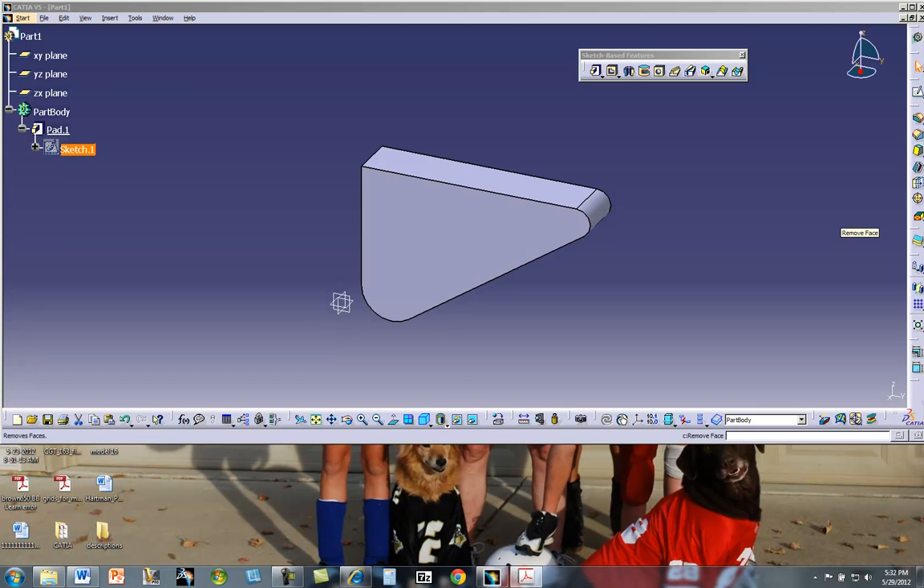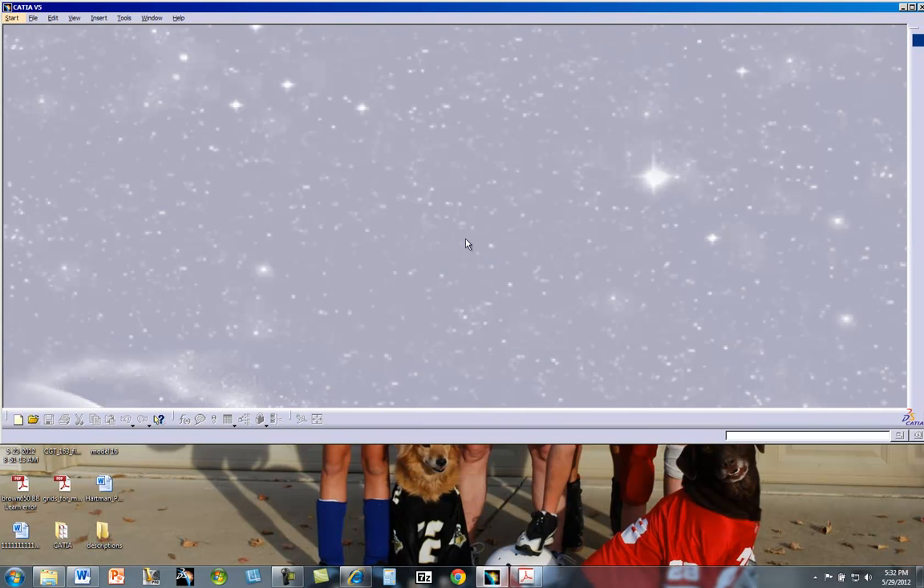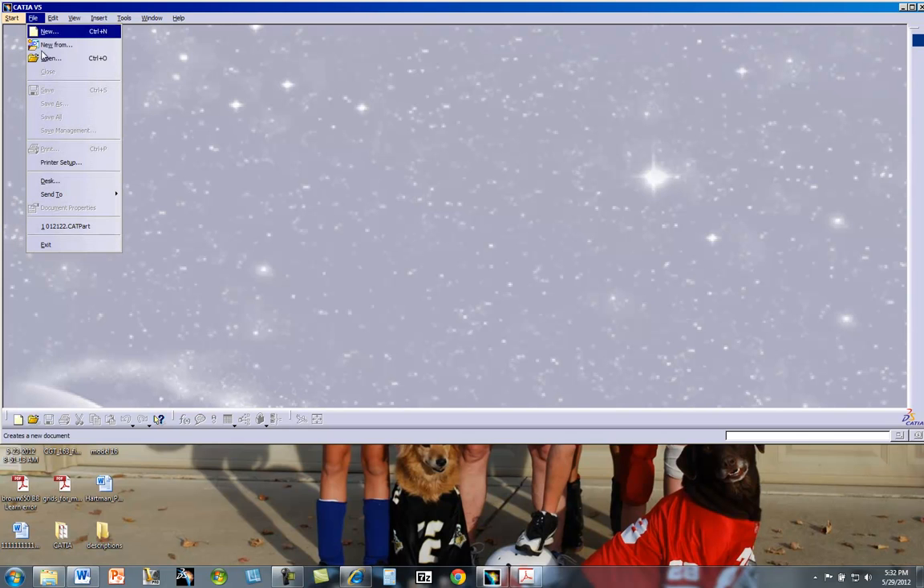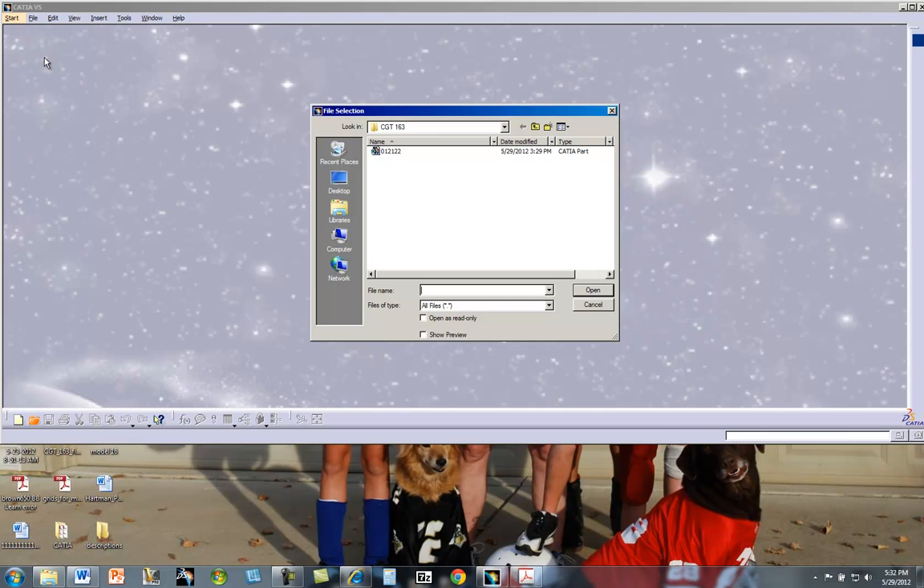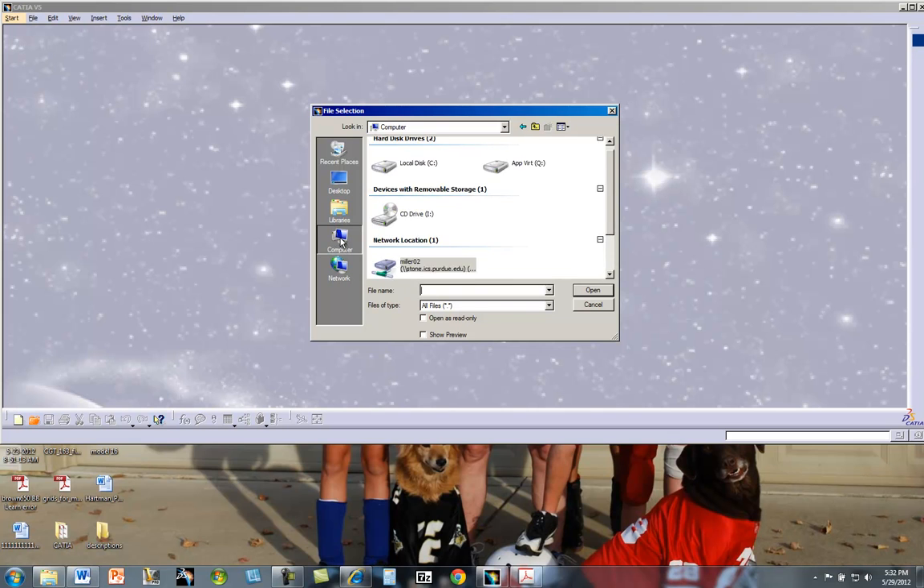So now let's look at exercise 3.4. Again, I'm going to turn this one off. No, I don't want to save changes. And now I'm going to go File, Open, and shuffle through my computer here to find it. So for me, it is,